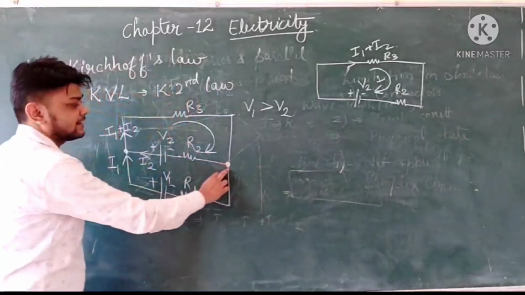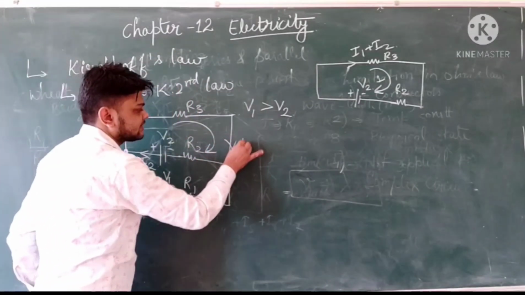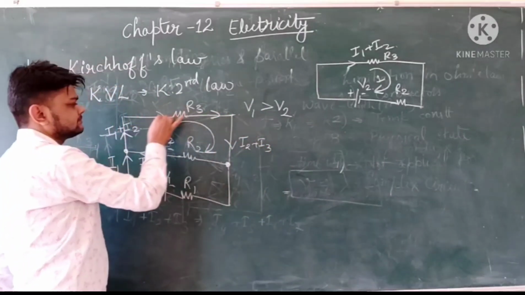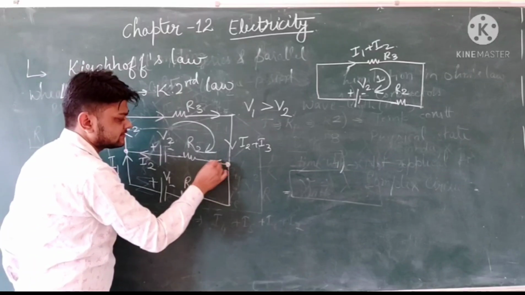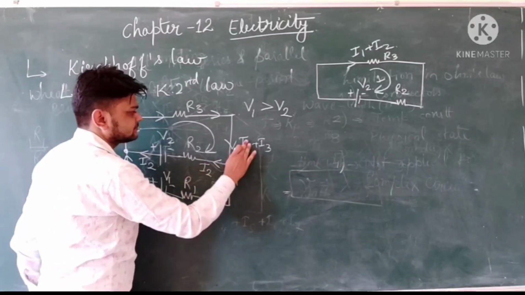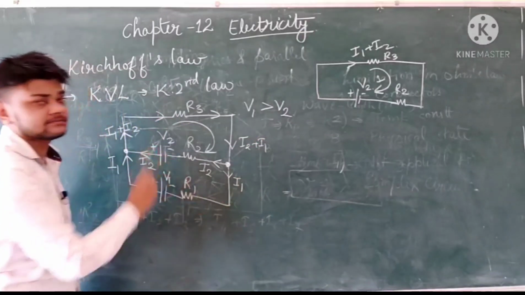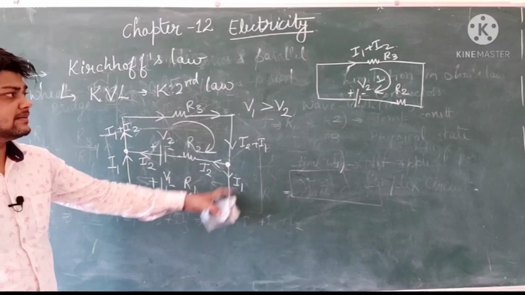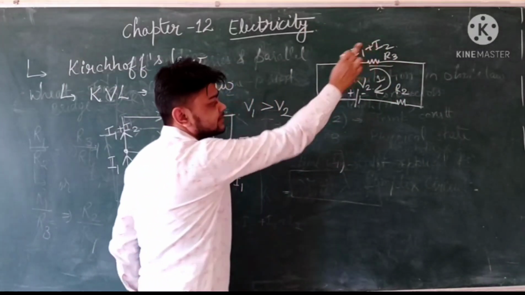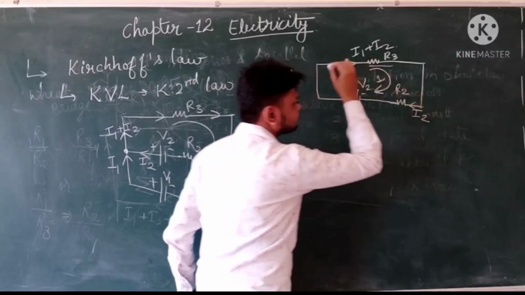So I have to check at this node also what is happening. Again, the current coming here is I2 plus I3 from here. Some of the current will go here, that is I2, remaining will come I1 on this side. So under that condition, the current across this resistor is I1 plus I2. The current across R2 resistor is only I2.